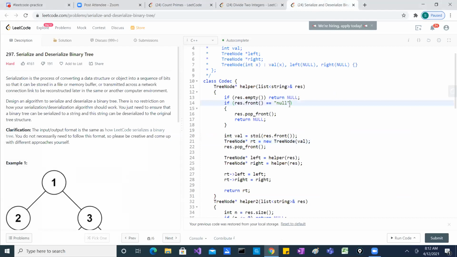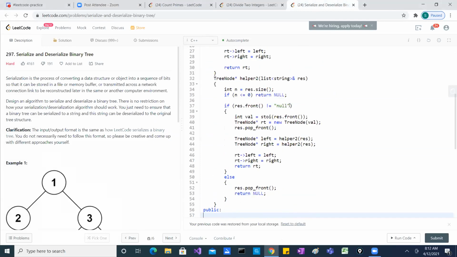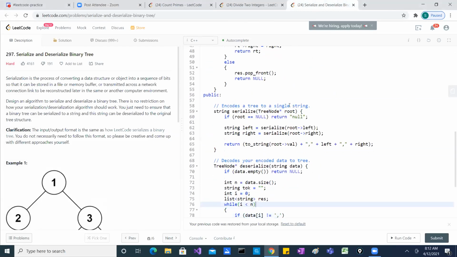So for the first one, the serialize is the same as what you are doing. Whenever I see a root is null, I return null, or else I take the left and right subtrees, and at the end I create a string of the root, then whatever I get from the left, the whole string, and then the right.